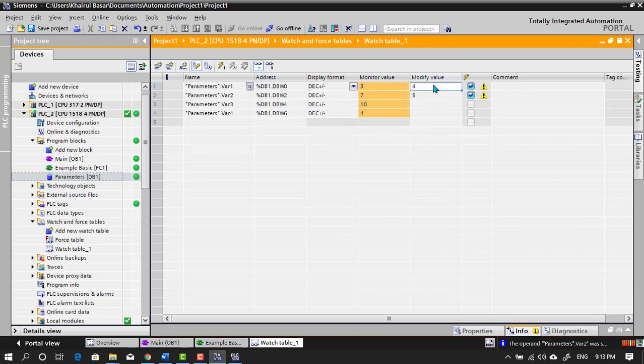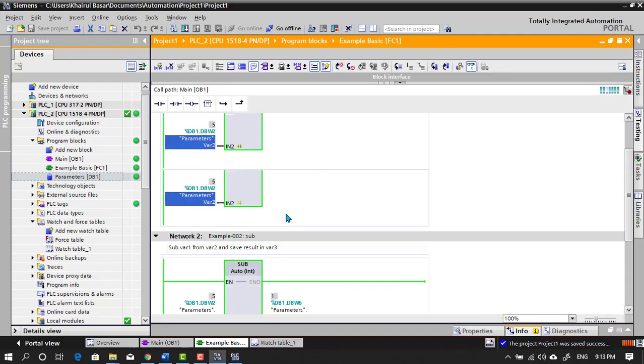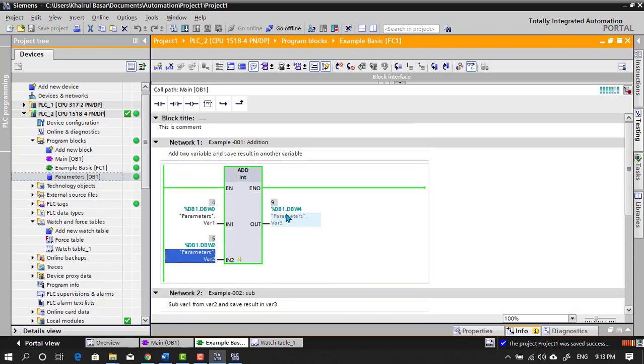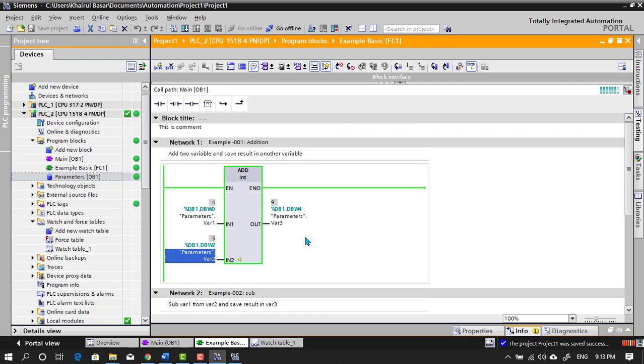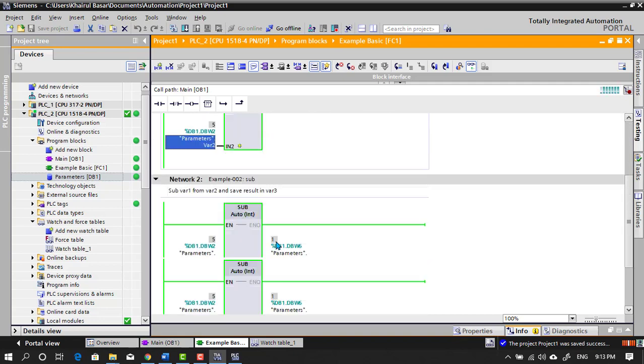If you change this to 4 and 5, so 4 plus 5 is 9 and 5 minus 4 is 1. So both calculations are correct, and we have two different results in two different variables. So in this video we stop with these two examples, addition and subtraction. Later we'll